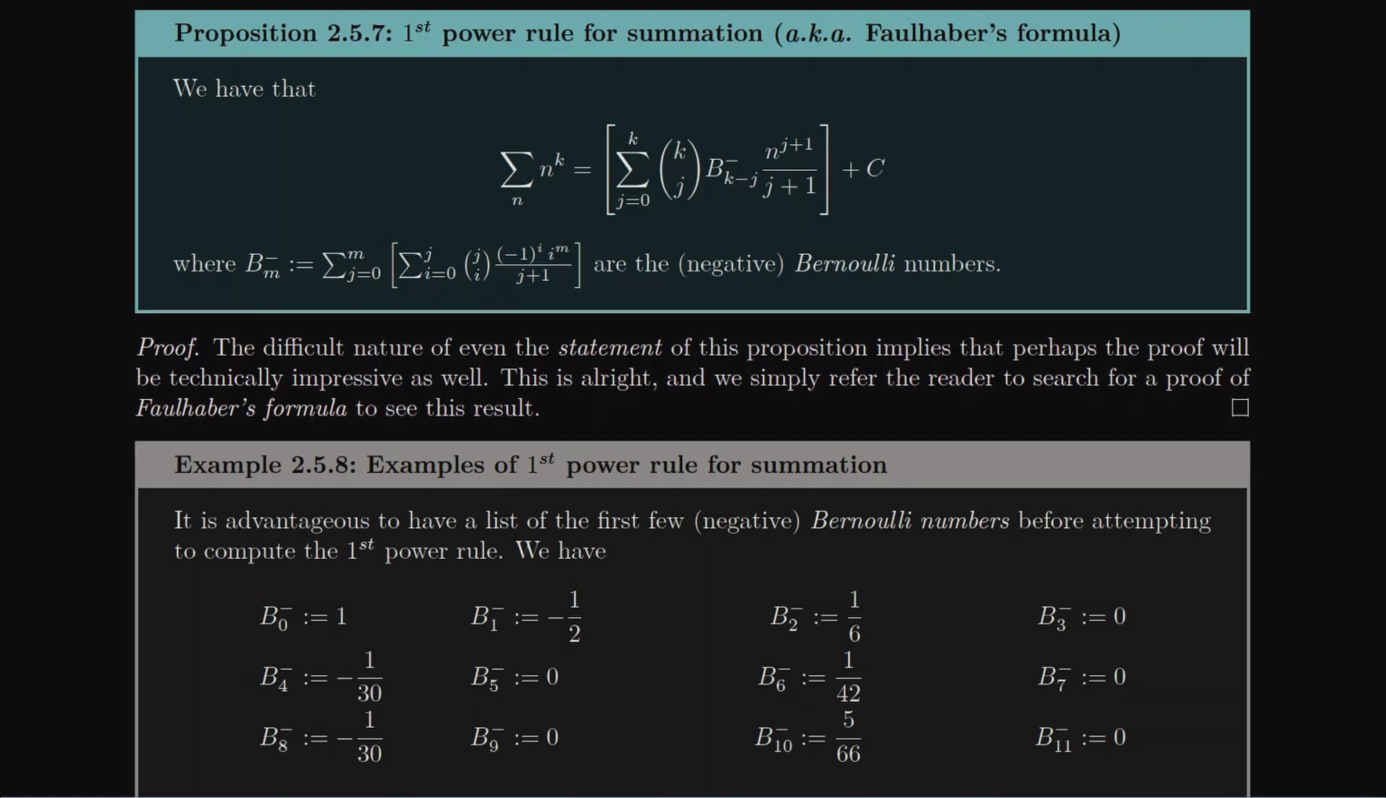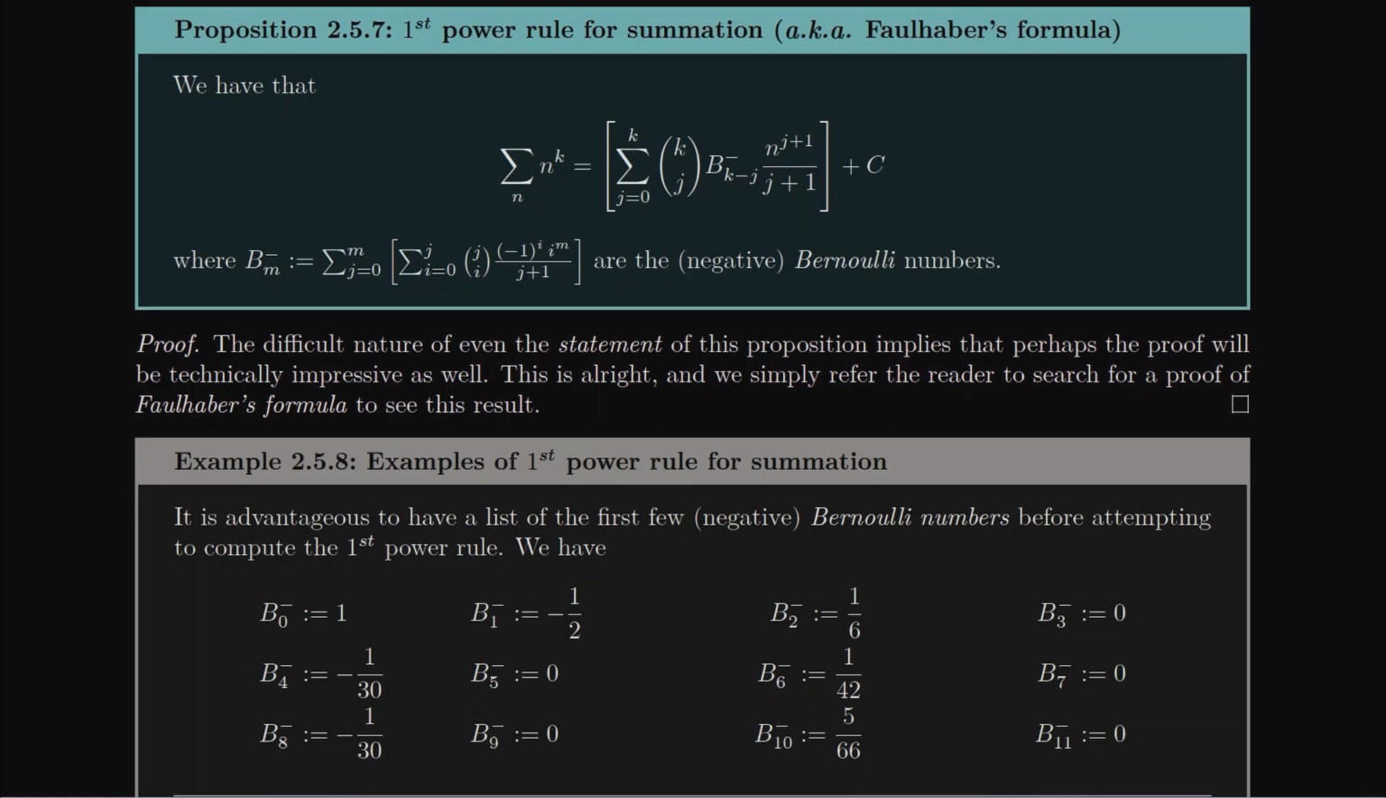We're moving on to the first power rule for summation. Really not going to go through this much because it's so horrendous. We have these terms called the negative Bernoulli numbers that show up. Everything else should look familiar, right? So imagine if I got rid of these negative Bernoulli numbers, what you're looking at is the binomial coefficients,